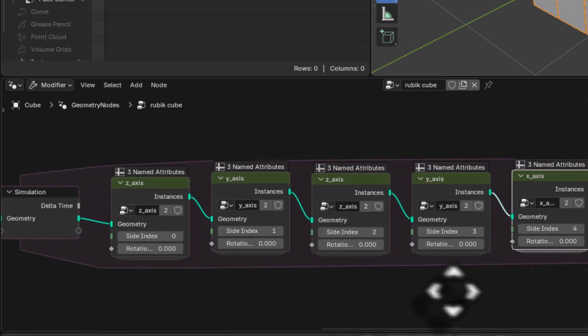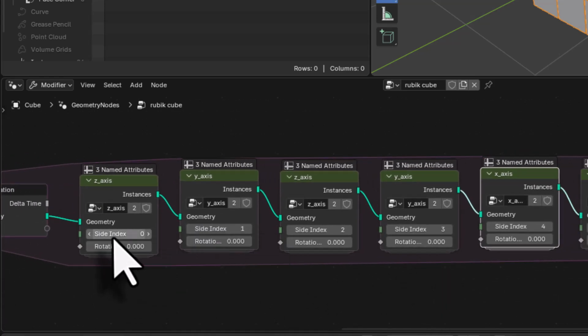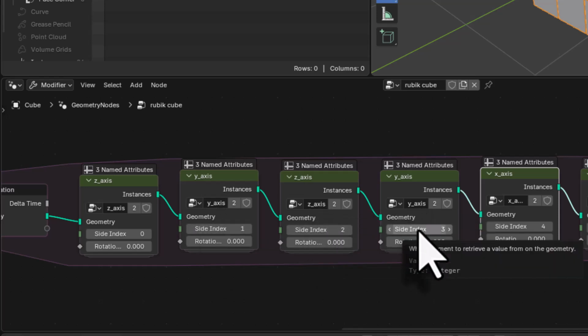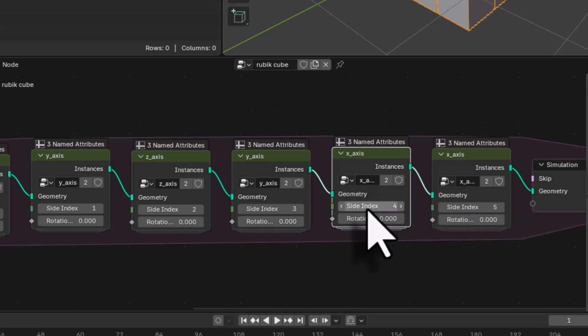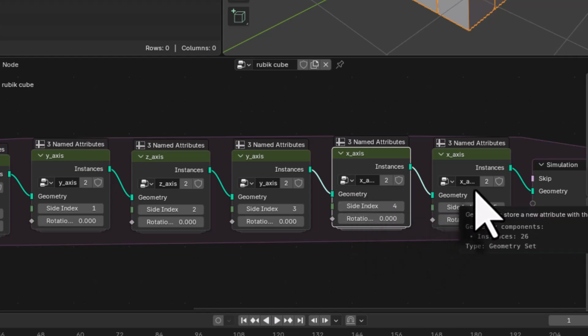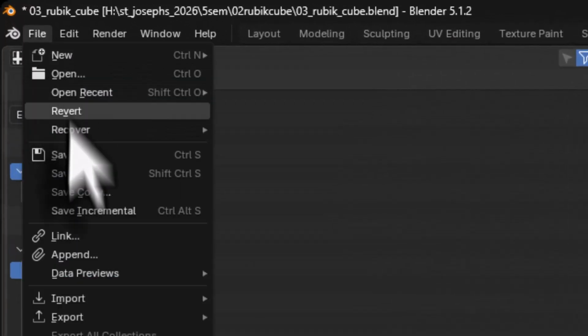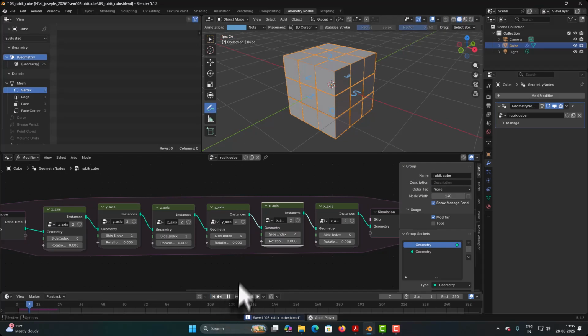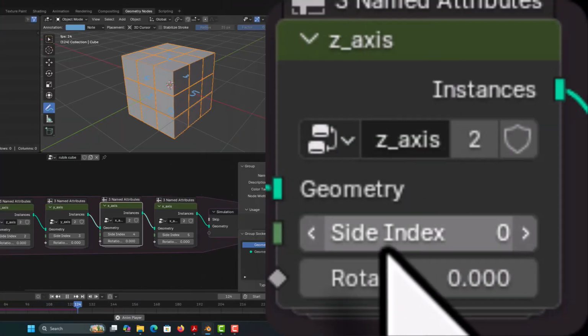So the order is, first I have z-axis for side index 0, y-axis for 1, z-axis again for 2, y-axis for 3, x-axis for side index 4, and again x-axis for side index 5. I will go to file and I am going to save it. Then I will rewind, and now if I play and check my Rubik cube, when I work with side index